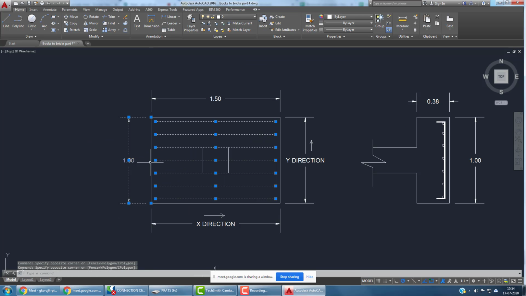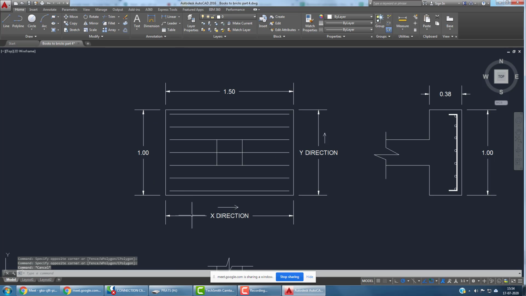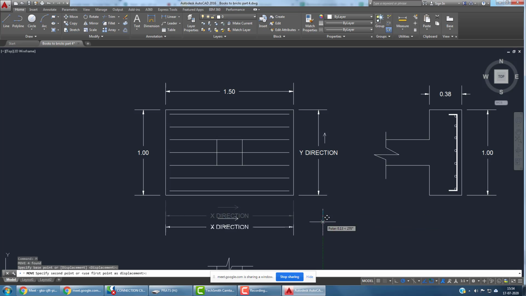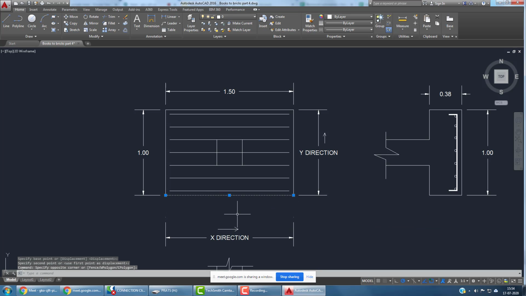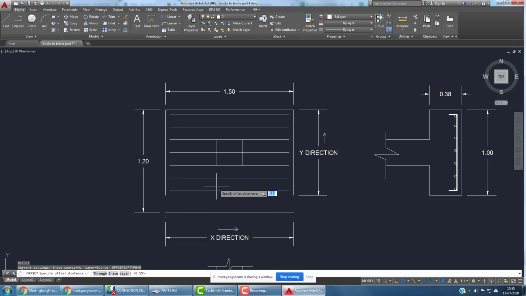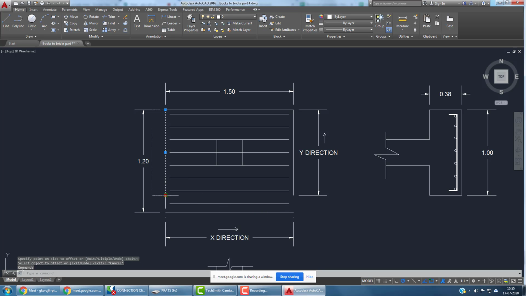Getting? Let us say I am moving this by 0.2. My dimension would have been 1.2. Correct? I would have had one more bar on this side like this. The number of bars that are coming along x direction is dependent on the dimension in y direction. Yes, everyone is replying. I want everybody's reply.